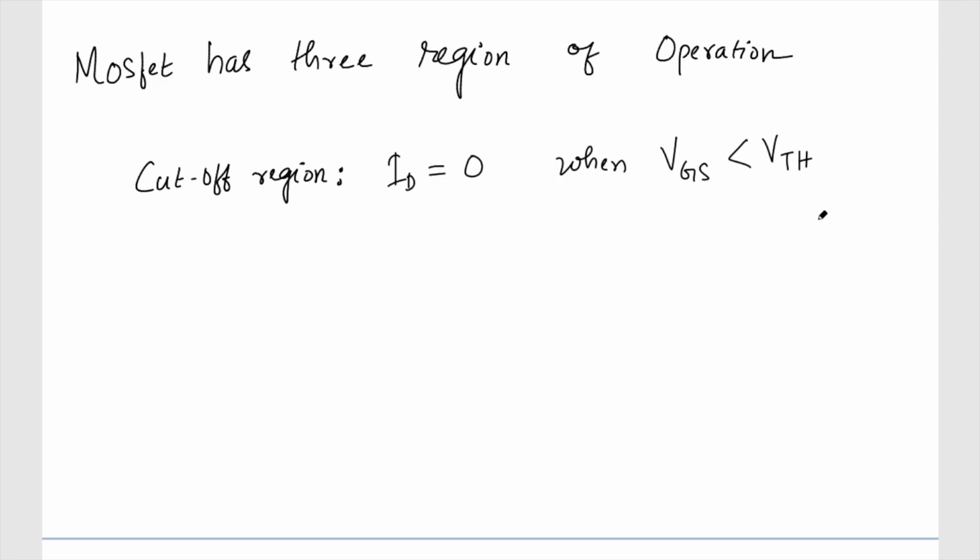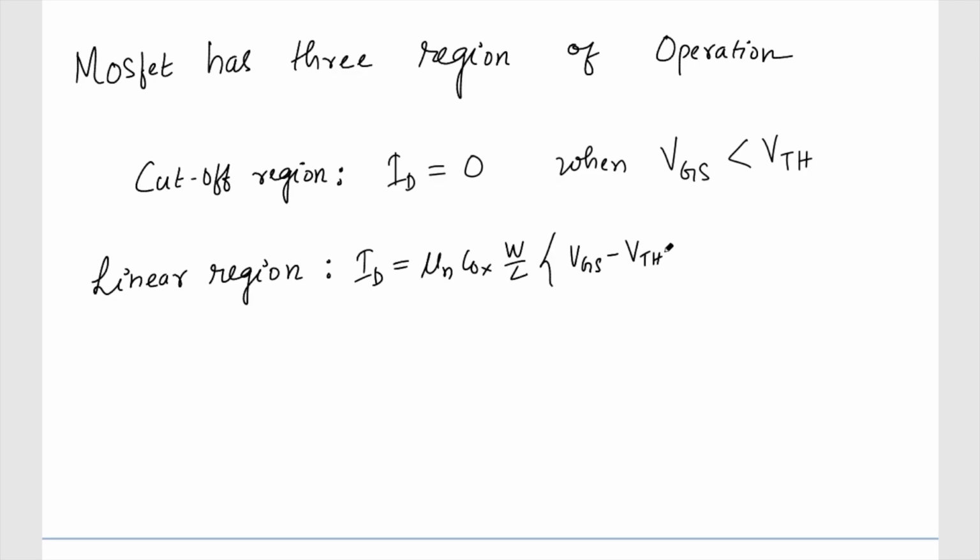Okay, cutoff region, and the next region is the linear region. So again, my equation of the ID is, you should remember this equation definitely. So mu n C ox W by L, VGS minus VTH, sorry, not whole square, into VDS minus half VDS square. So this is the case when, of course, we have satisfied this one, right? My VGS is greater than VTH, of course, and here in this case, VDS is still small. It is lesser than VGS